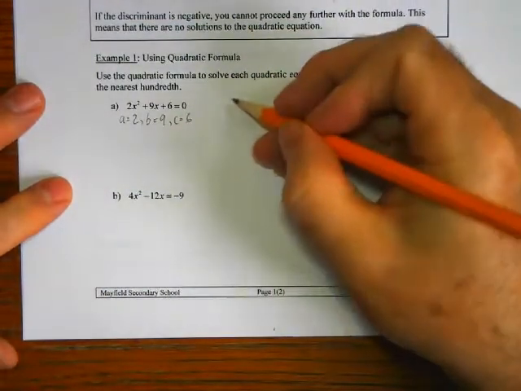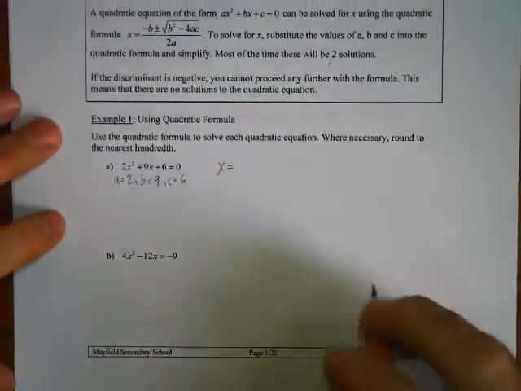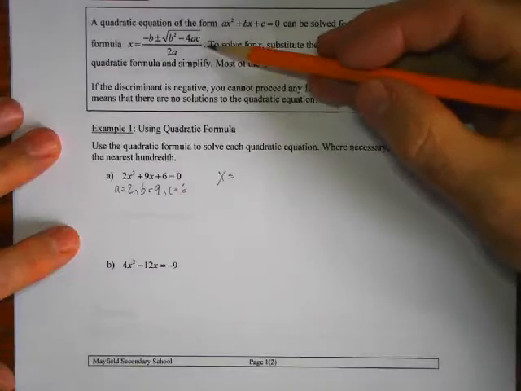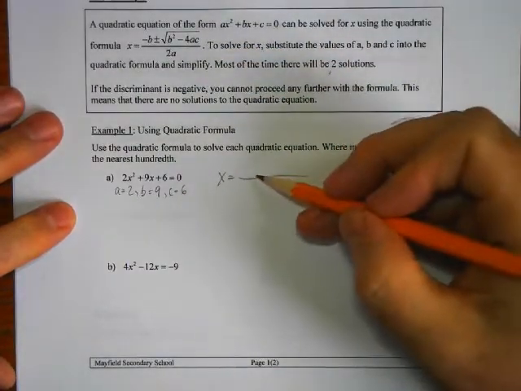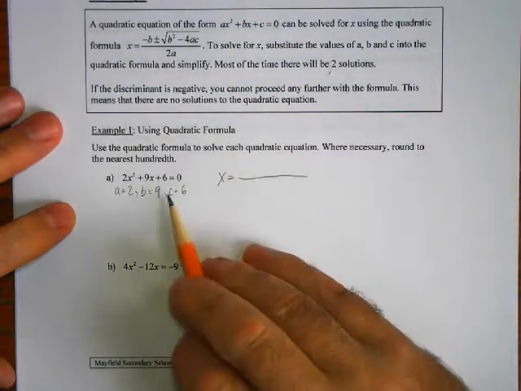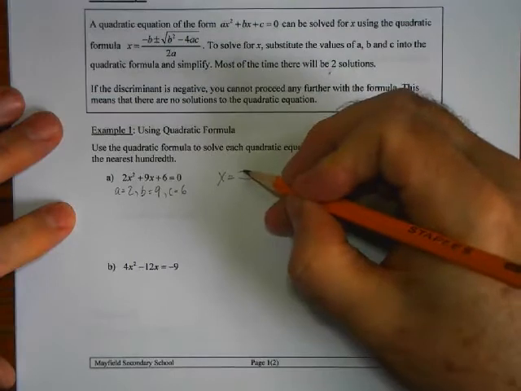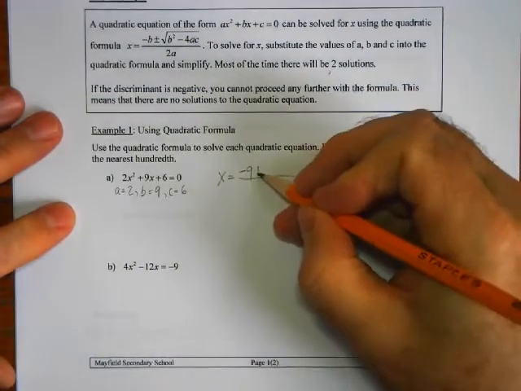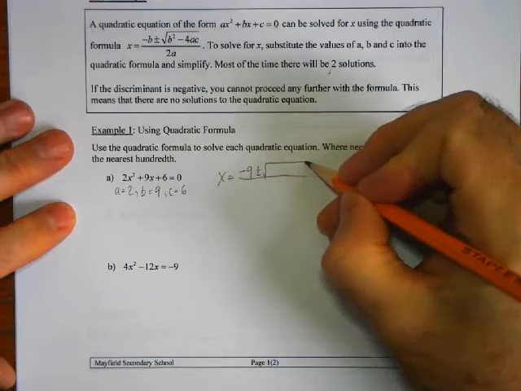Okay, and now we're actually going to use the quadratic formula. So I'm not going to rewrite it. It's right up here. So I'm going to make my long division bar here, and I'm going to have negative b. So b is 9, so negative b would be negative 9. Then I have my plus or minus, and then a big square root,